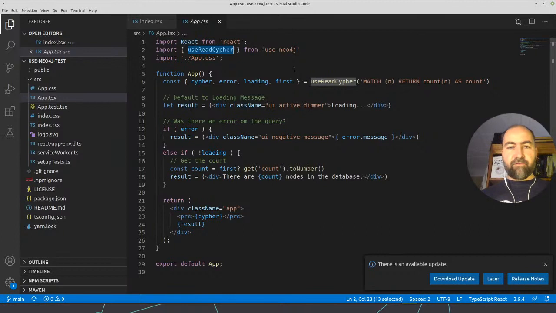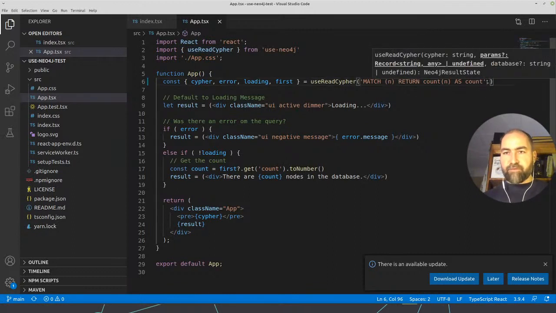There are quite a lot of methods for reading and writing to Neo4j, and also some convenience methods as well. So I have this useReadCypher hook where I can just pass a query, and I think I can also pass in a set of parameters. So perhaps you can do this to change this.